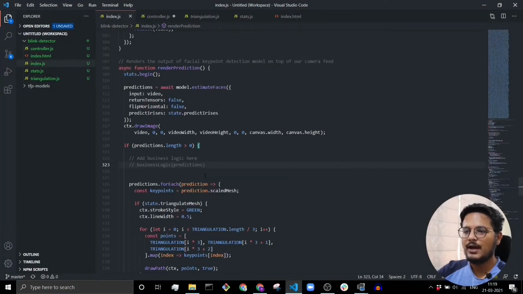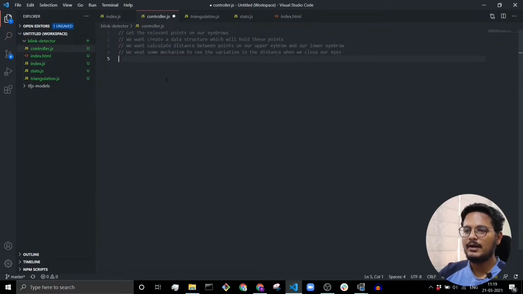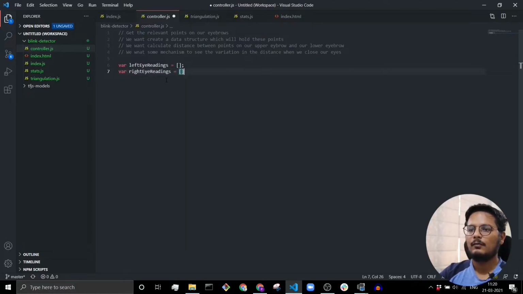controller.js. Before that, we want to uncomment this business logic function call and implement our business logic here. Before doing that, we want to create a couple of variables which would store the relevant readings. So let's go ahead and do that as well. We have left eye readings and we have right eye readings. Okay, and then we have business logic equal to function